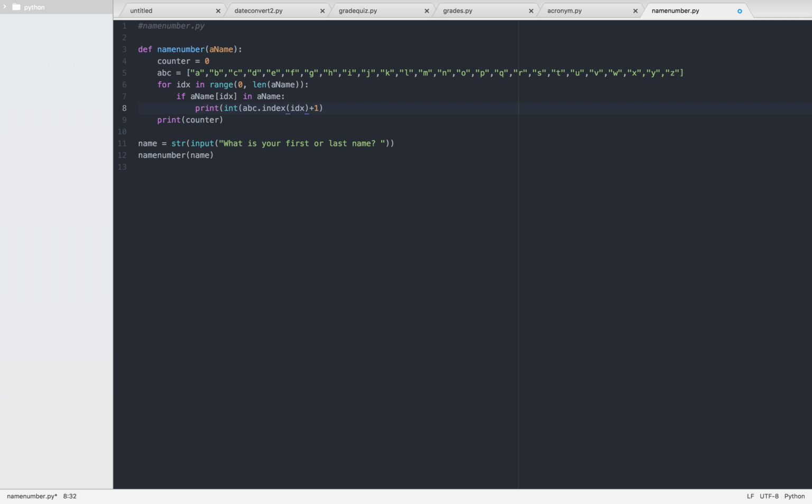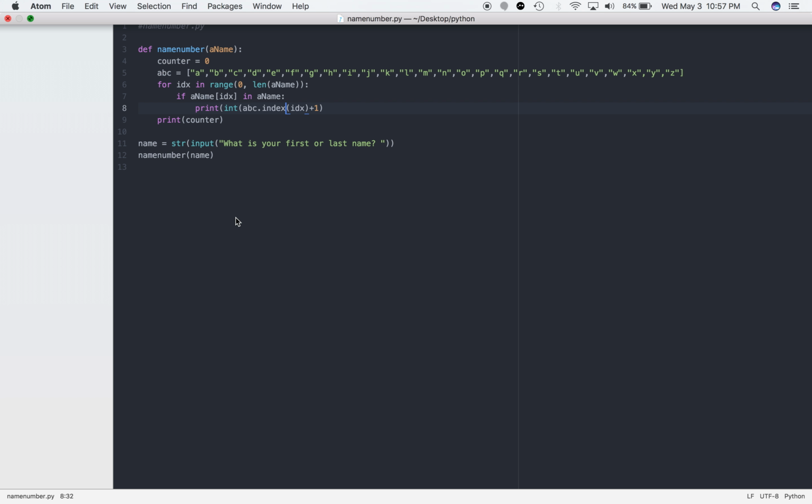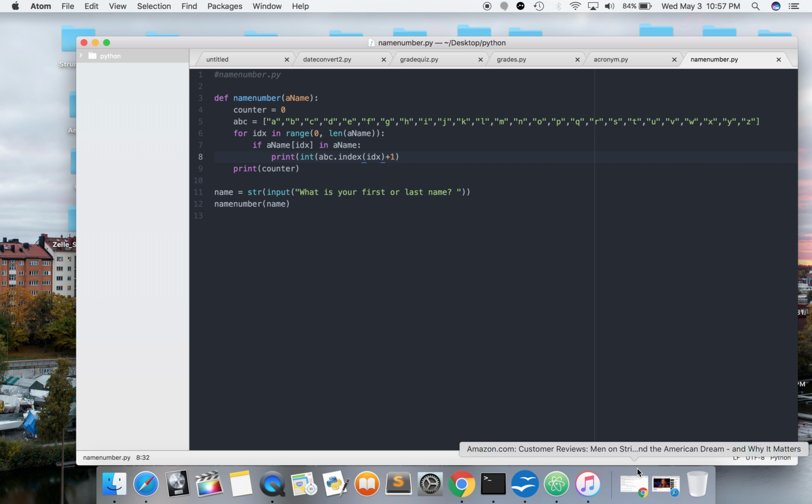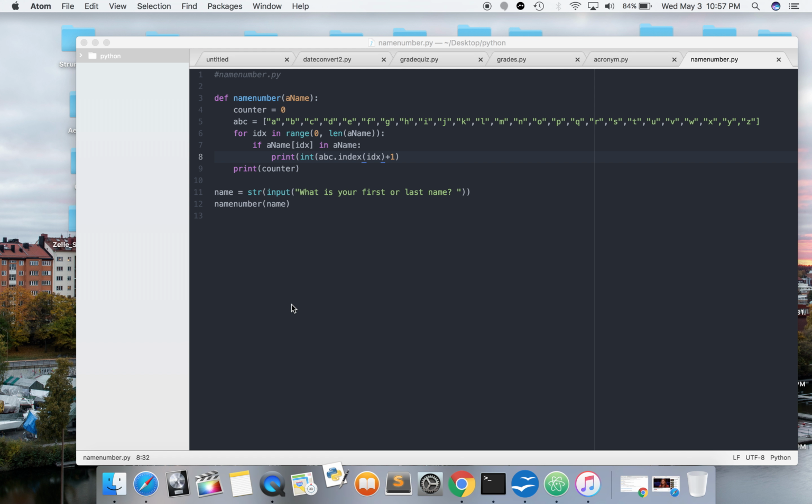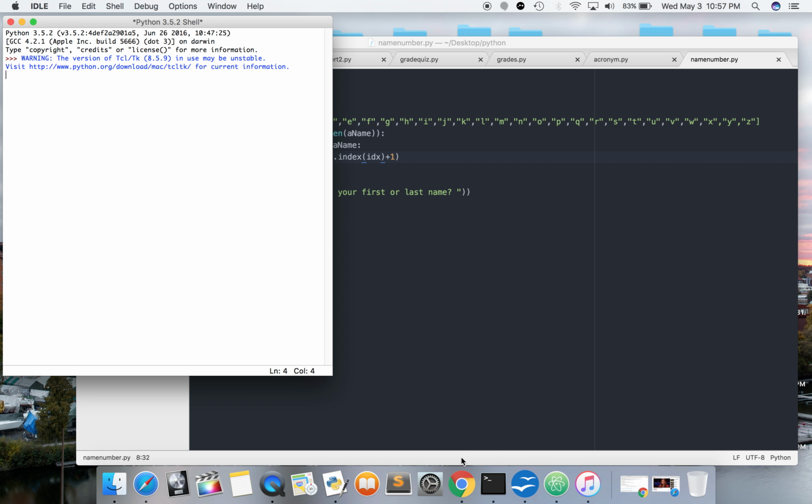The dot index, I don't know if I'm using that right. I'm not positive. I think this is kind of whacked out, but I feel like I'm just totally botching this. And I'll have to look up like dot index. So let me just